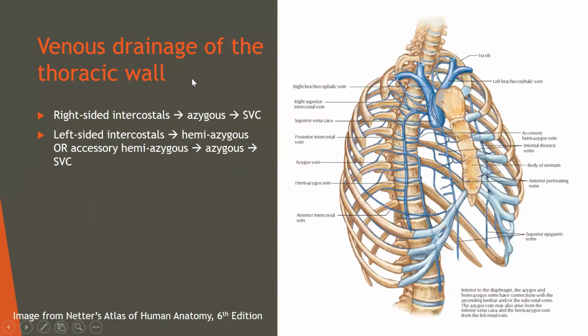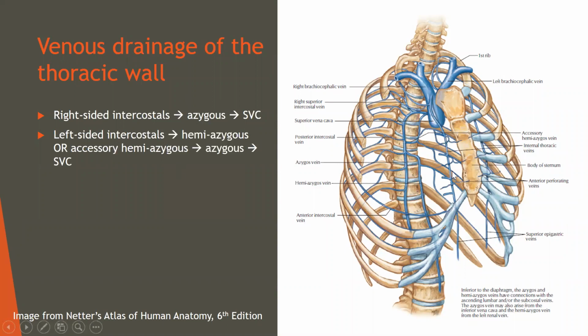Now, venous drainage of the thoracic wall, again, not really that important. I only caught onto this stuff this year, and I don't remember if there was a question about it in an exam. I hope not, because I wouldn't have got it right. Right-sided intercostals are all drained by the azygos vein here, and then that will drain into your superior vena cava,